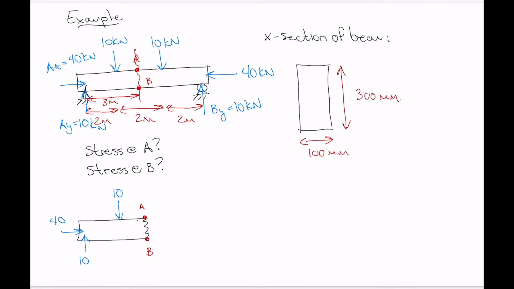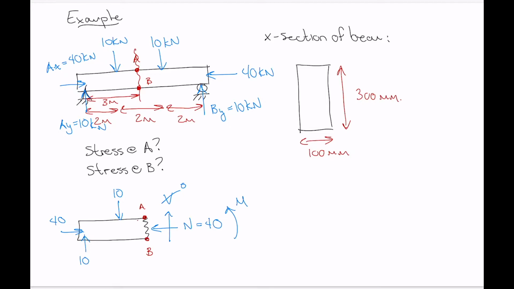And then we know when we section through a bit of material, we can have normal force, shear force, and internal moments. So for our normal force, the sum of the forces in the X direction tells us that the internal normal force at this location has to be equal to 40. The sum of the forces in the Y direction says that the shear force in this situation is actually 0. And then we've got our internal moment here,